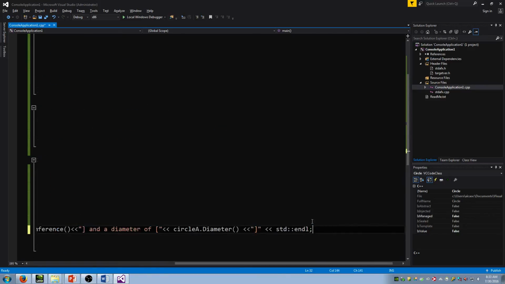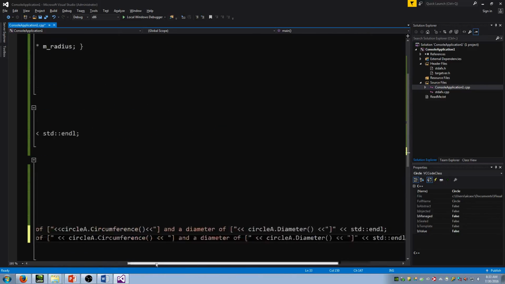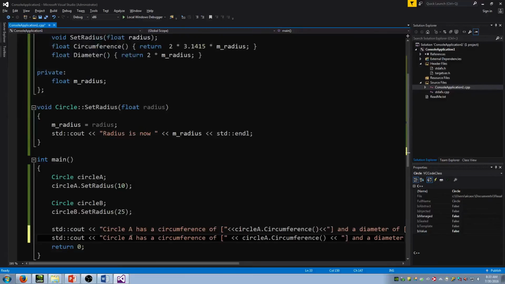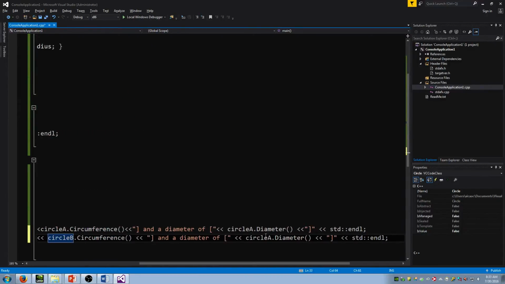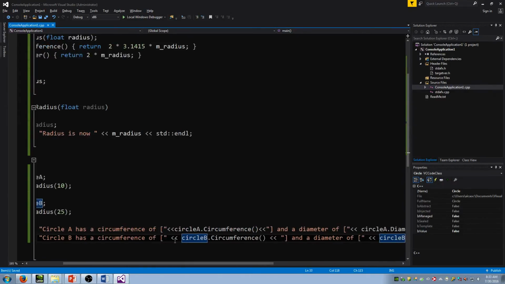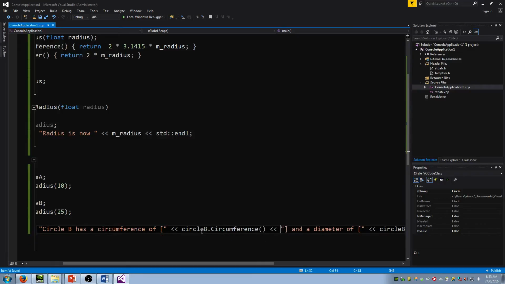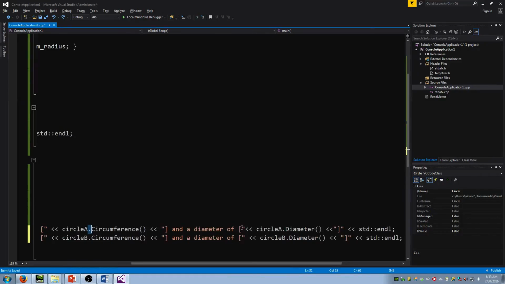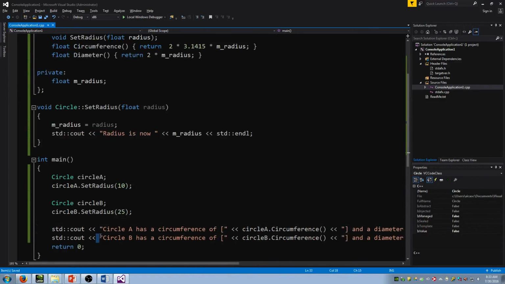Okay. And then I can do the same thing for circle B. This is pretty straightforward stuff. The key is that if I want to call a member function or access a member that lives inside of an object, remember you have to use the dot operator. However, if you're using a pointer, you want to use the arrow operator instead. Okay. And then we'll just do our